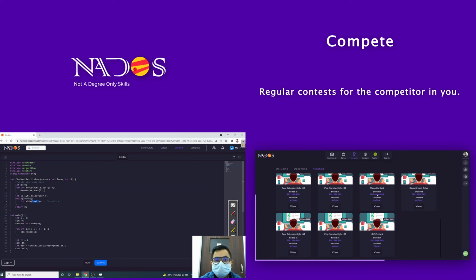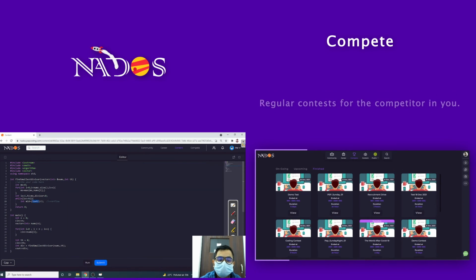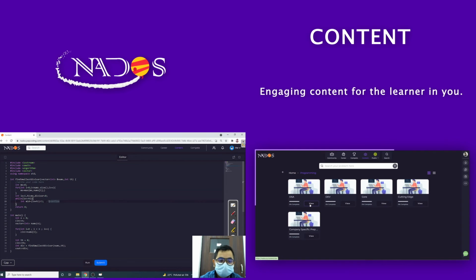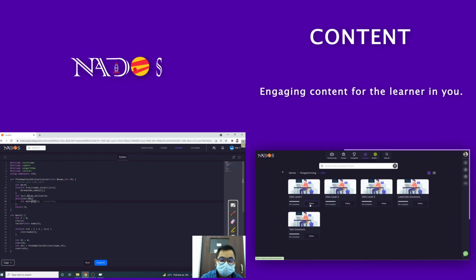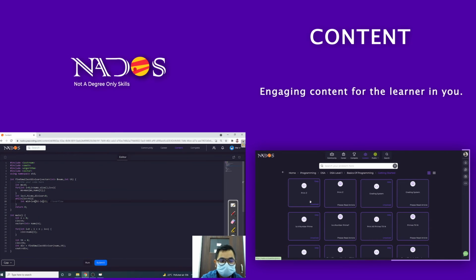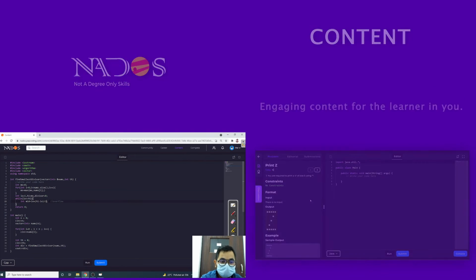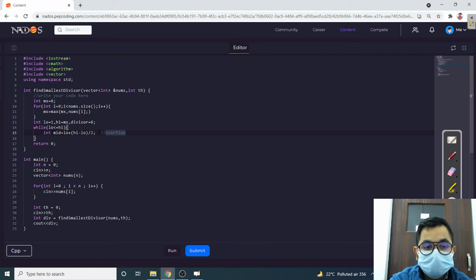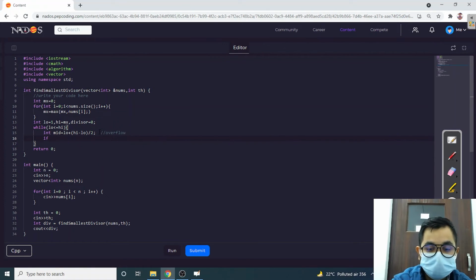Because high is at the end and I'm trying to add something to it, so high is going to overflow. Because of this, like I did in my previous video, I'm going to calculate my mid through this mean. Okay, low plus high minus low divided by 2, and this is how I'm going to calculate the mid. And I have to check if the mid I have discovered is possible,